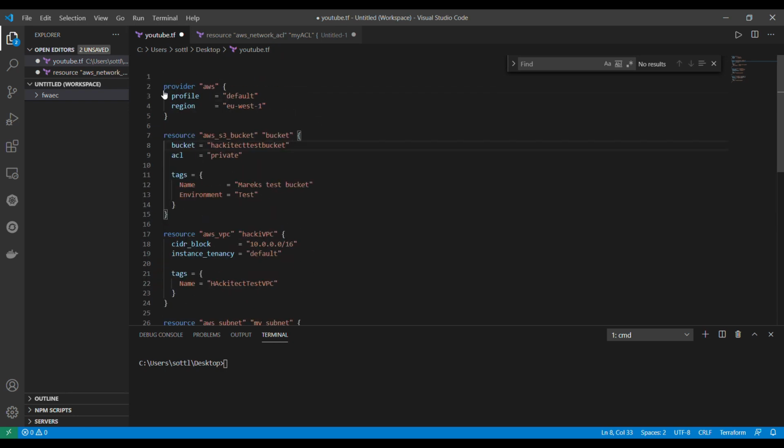Here, in the first lines, I will try to describe what we have in front of us and how Terraform works. We have different providers. You can use Oracle Cloud, you can use Azure, you can use AWS, and in this case, I'm using my default profile, which I configured with my AWS command line, and my region EU West. So I will deploy in EU West.